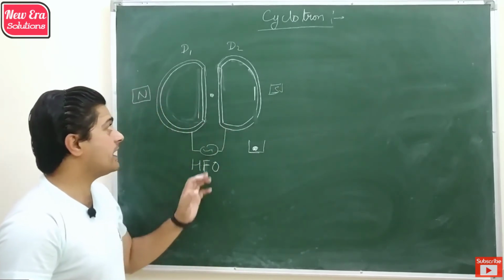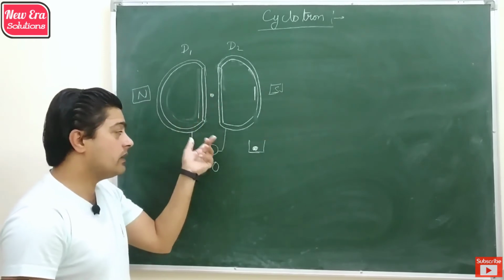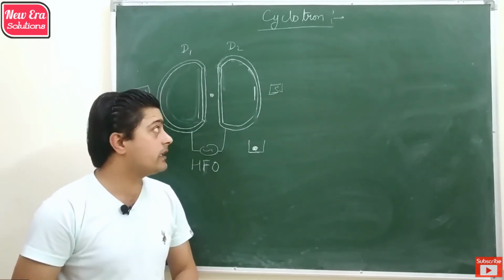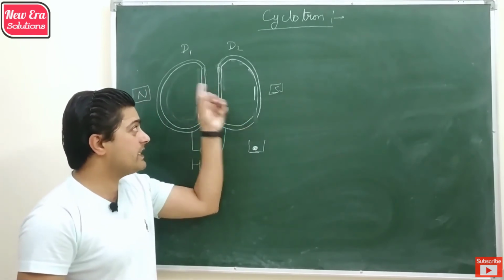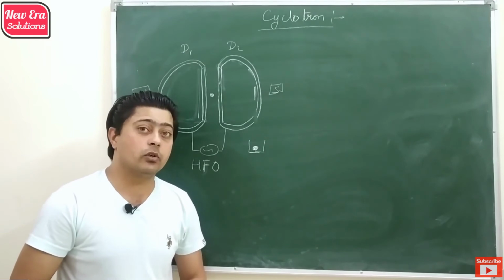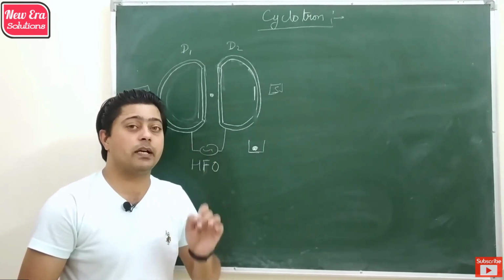So the gap between the D's is where the charge can experience the electric field and accelerate, and when it moves inside the D's, as we know, inside a conductor the electric field is zero, so only the magnetic field is experienced by the charge.